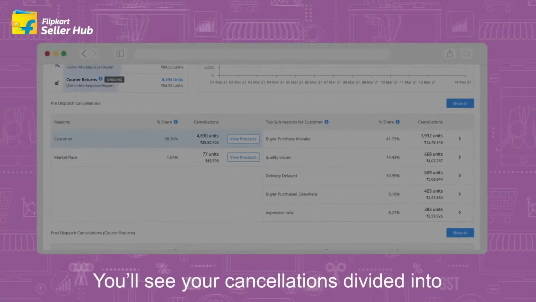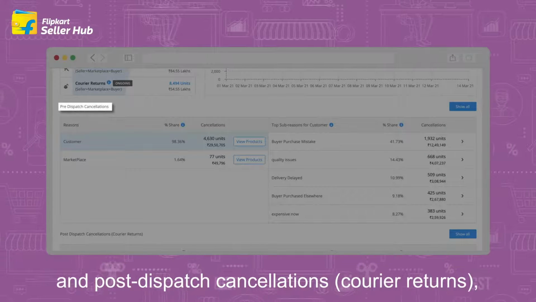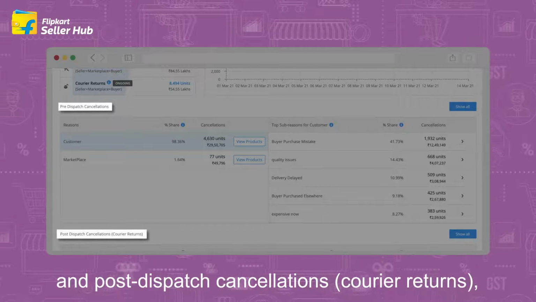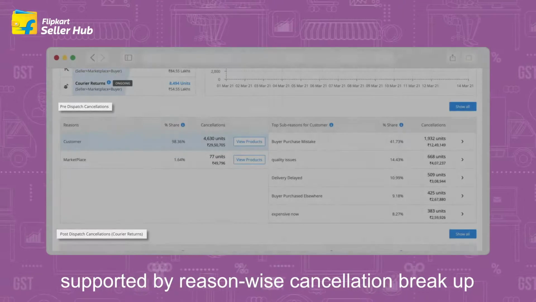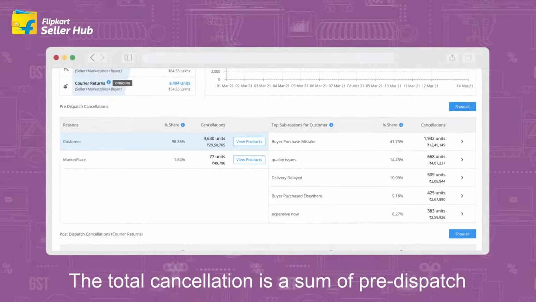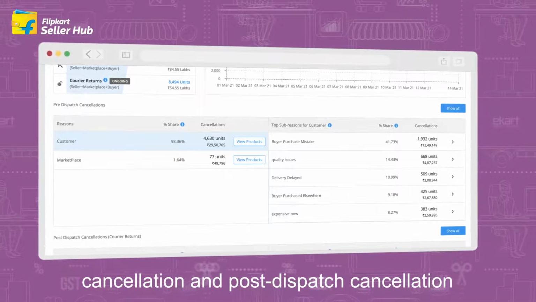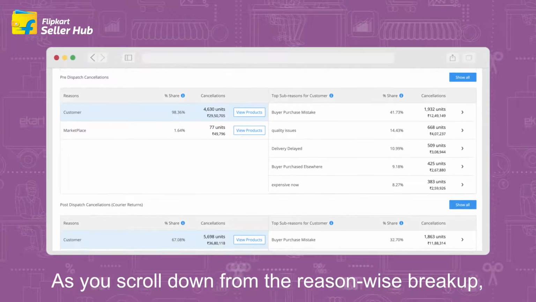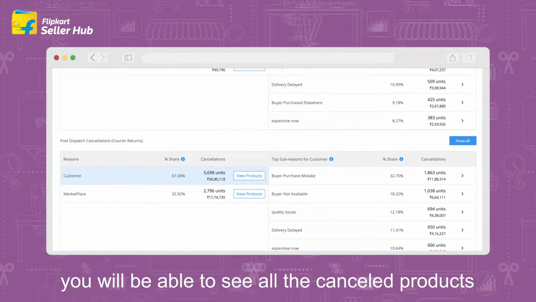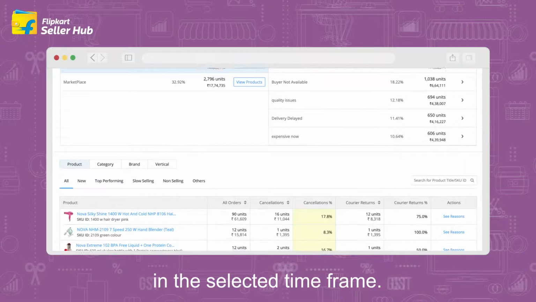You will see your cancellations divided into pre-dispatch cancellations and post-dispatch cancellations, courier returns, supported by reason-wise cancellation breakup under these heads. The total cancellation is a sum of pre-dispatch cancellation and post-dispatch cancellation. As you scroll down from the reason-wise breakup, you will be able to see all the cancelled products in the selected time frame.